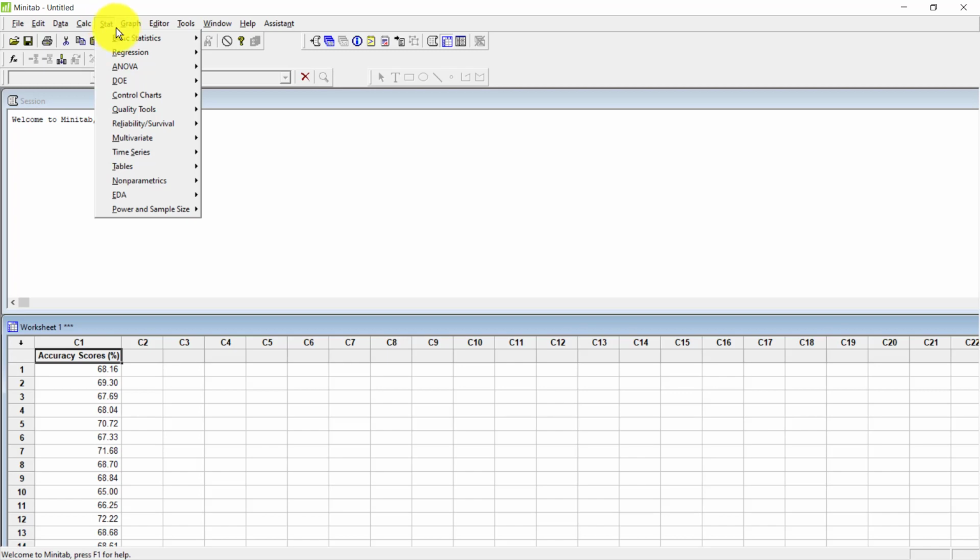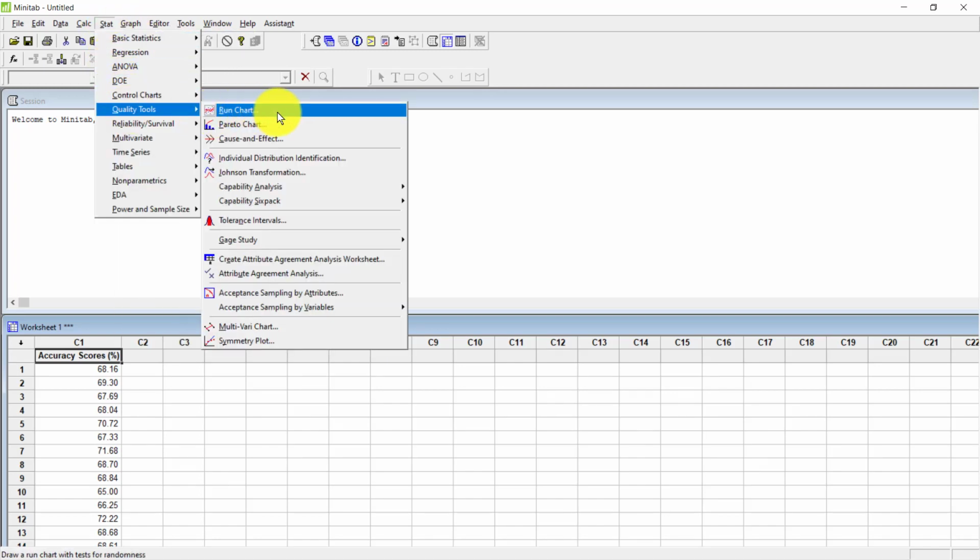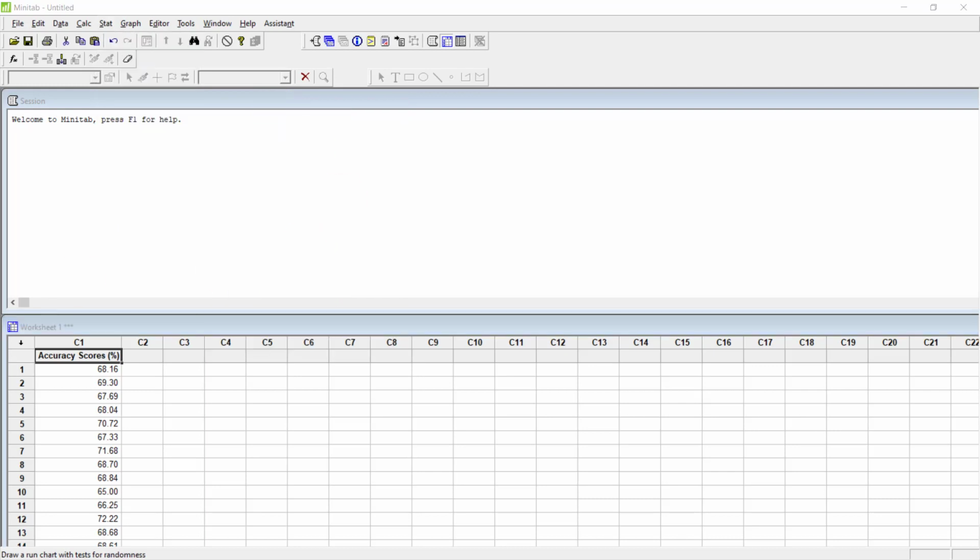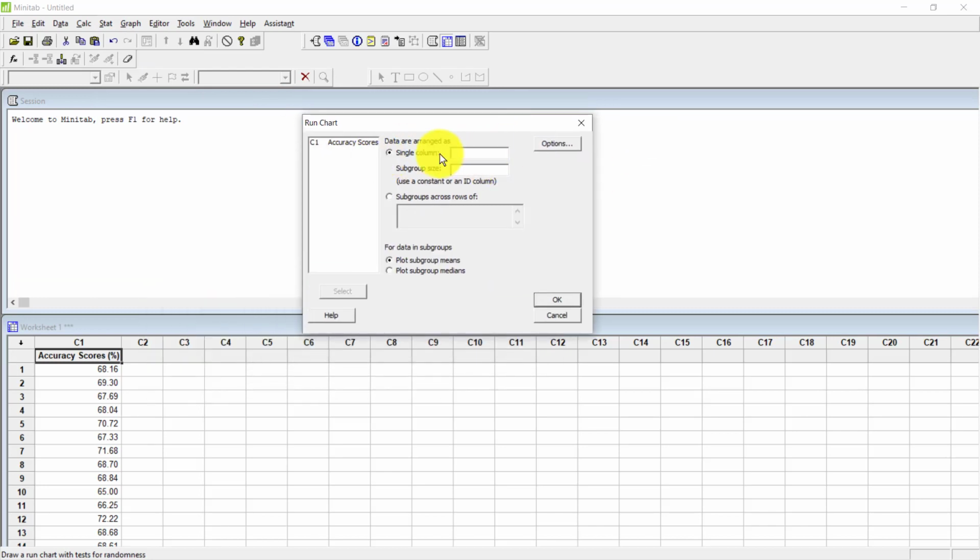Choose Stat, Quality Tools, Run Chart. In single column, enter accuracy scores. In subgroup size, enter 1.